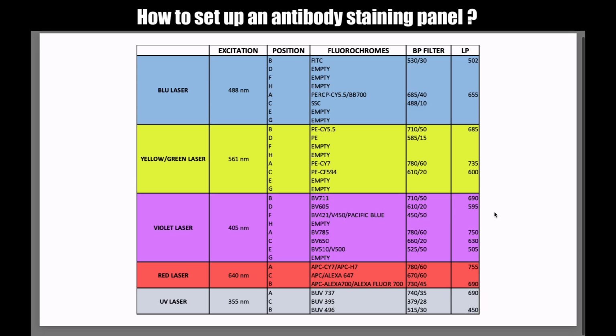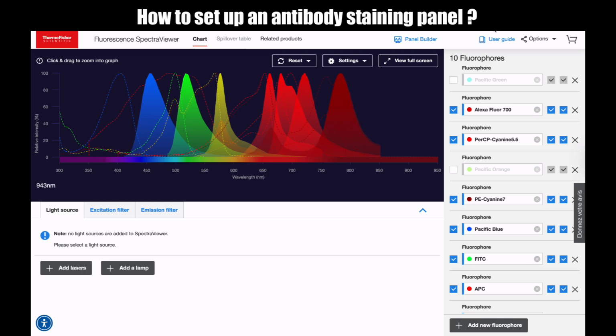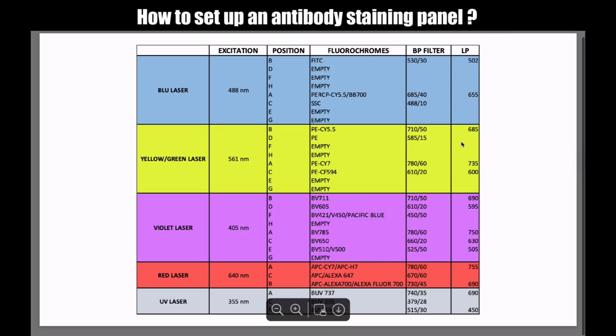Of course, these are 8 fluorochromes, which is a lot, but maybe you might want to use less. If you use like 2-4 fluorochromes, it will not be a problem. Always check with SpectraViewer, and if possible, check your instrument configuration, especially when you have a lot of fluorochromes. Okay, just ask confirmation from colleagues and people, and you will see that it's not so complex, so you will do it.